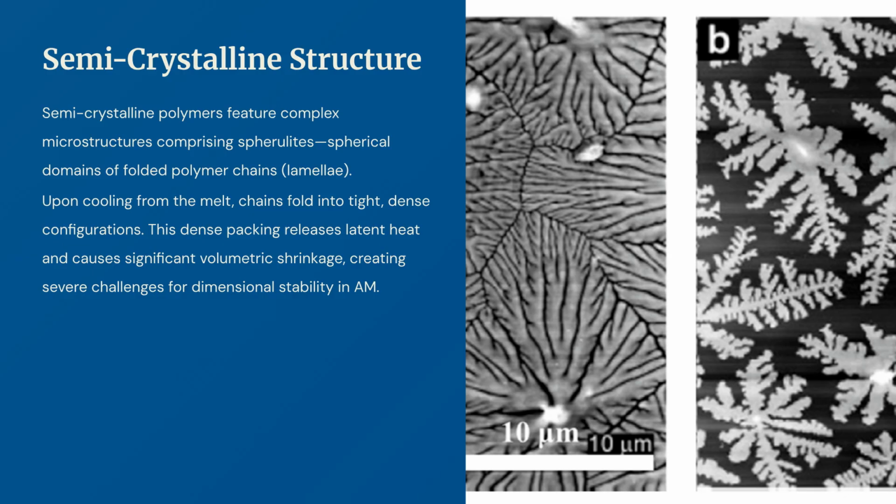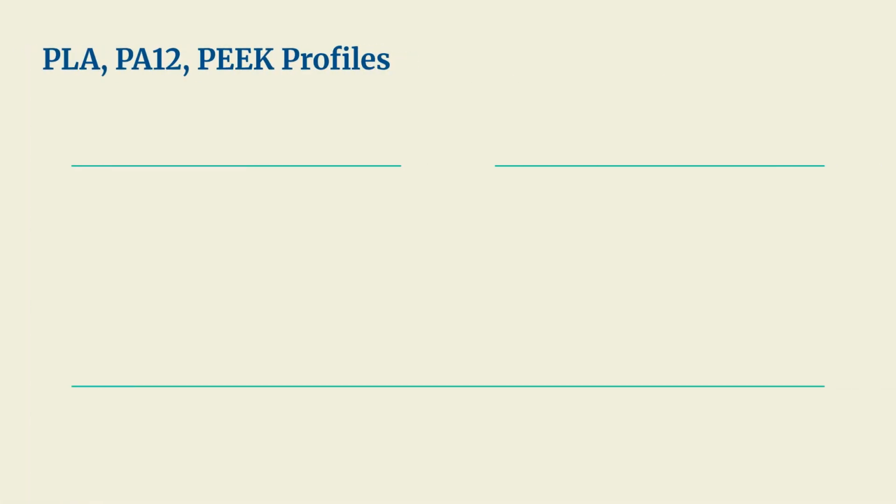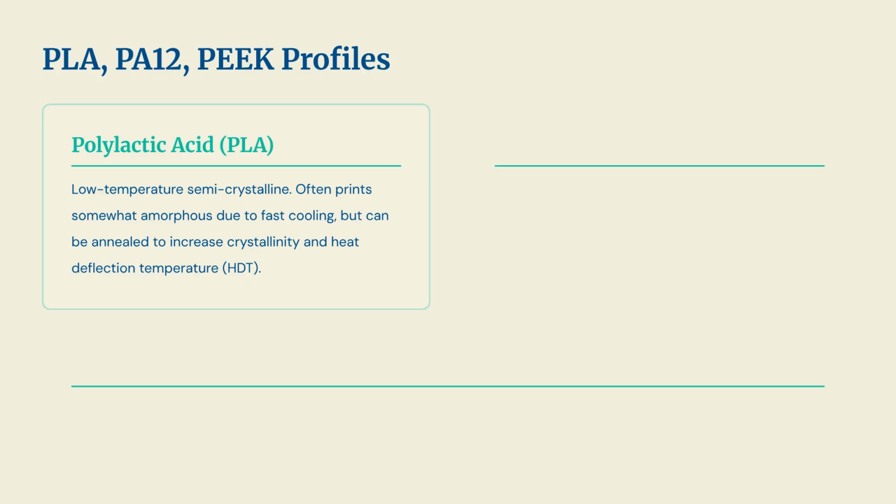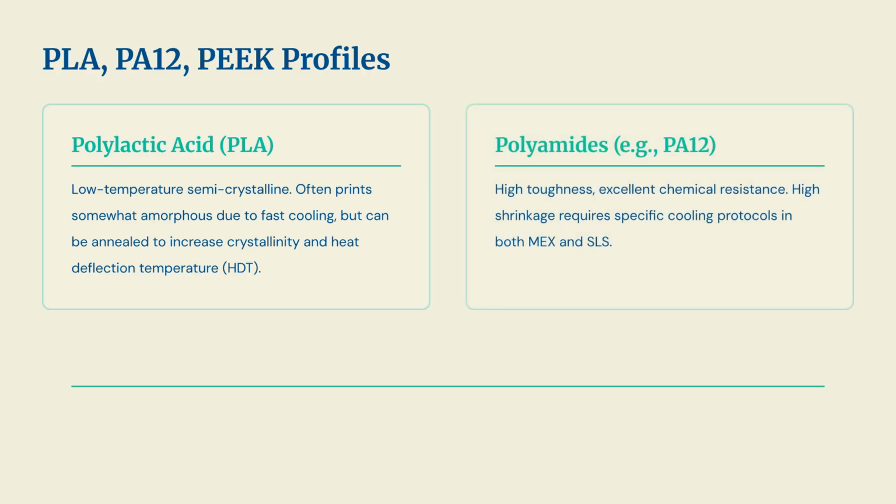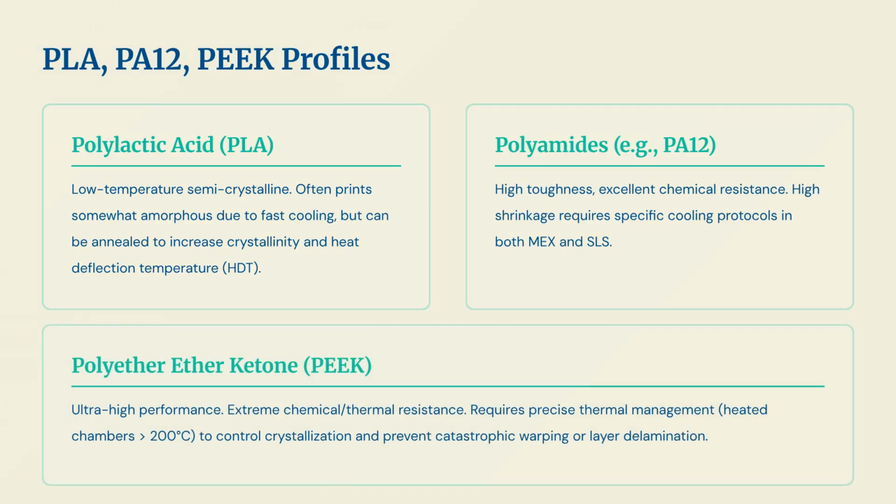Semi-crystalline polymers feature complex microstructures called spherulites. As these chains fold into dense configurations during cooling, they release latent heat, which leads to significant volumetric shrinkage and presents challenges for dimensional stability. We see different profiles for these materials. PLA is a low-temperature semi-crystalline polymer, polyamides like PA12 offer high toughness, and PEKK is an ultra-high-performance material requiring precise